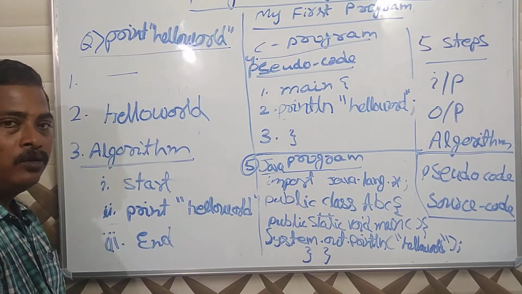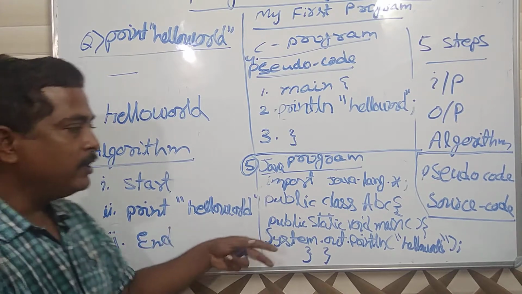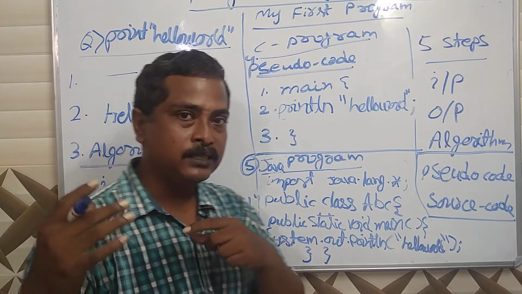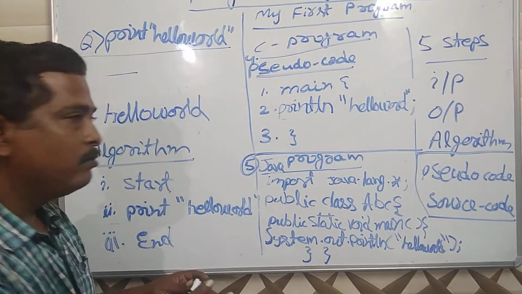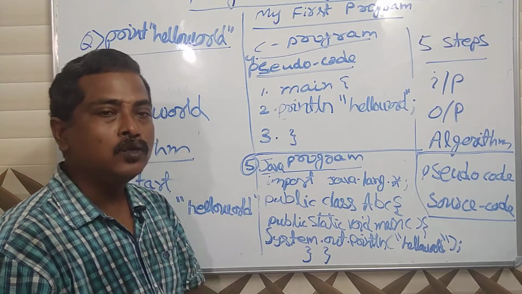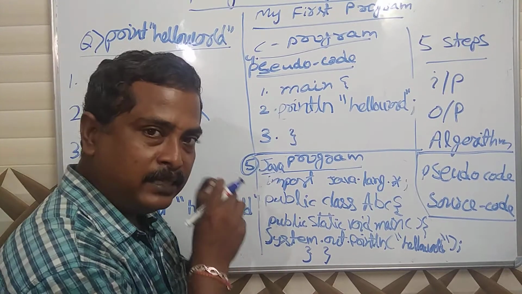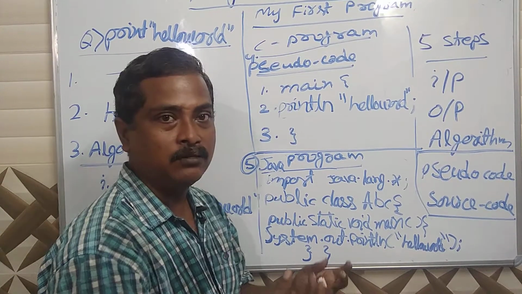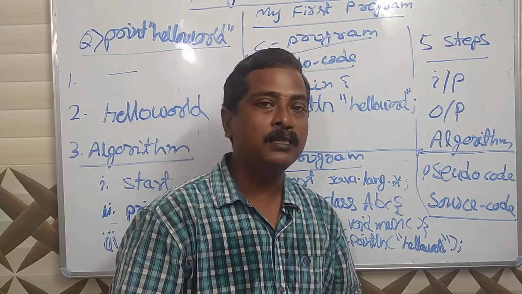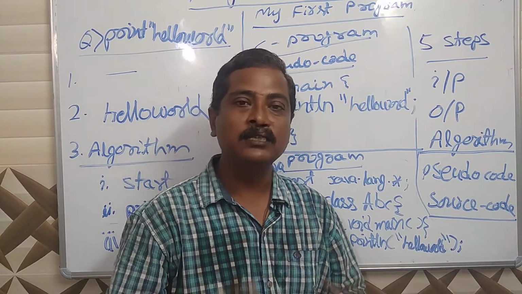So as I told you, out of 5 steps, first 3 steps are common for all the programs. If I will enter Python, again video will be long, so I am not entering Python. I will discuss in separate videos. Okay, you can start Python also, you can go for the syntaxes. As I told you, there is no mandatory point that initially as a beginner you should learn C language, you should learn C++ language, not like that. And there is also a myth that without C language we can't learn C++ or Java. That is also a myth.